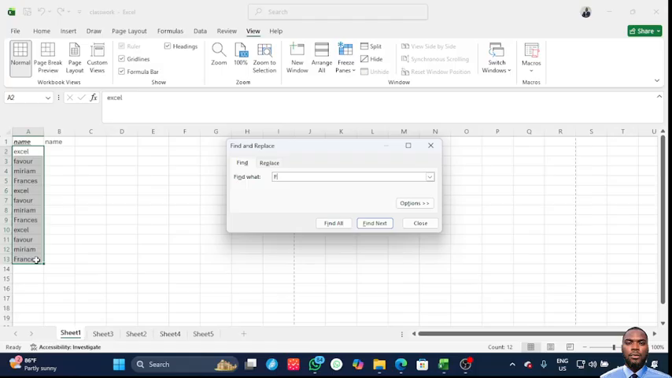The name is Francis. I'm not 100% sure whether this is case sensitive. Excel is not case sensitive by default. But when I say something is case sensitive, it simply means that